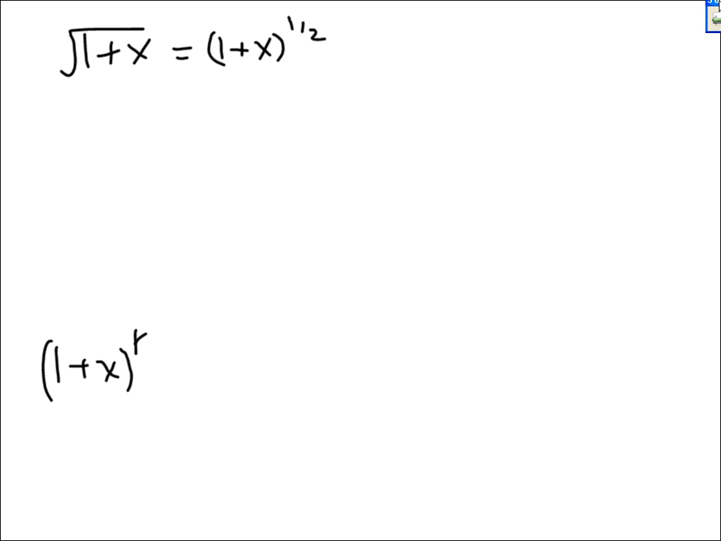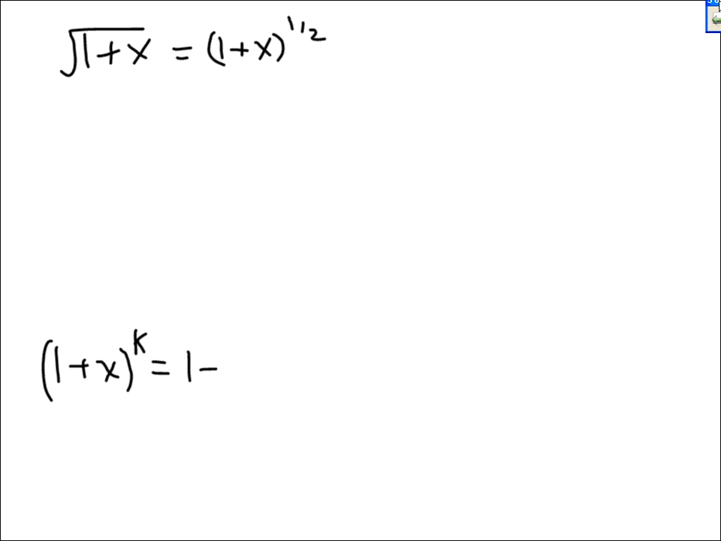Okay, suppose we try this one. Suppose we wanted to do the square root of 1 plus x. Write a Taylor series for that. That is 1 plus x to the 1/2. The binomial theorem says that 1 plus x, say to the kth power,